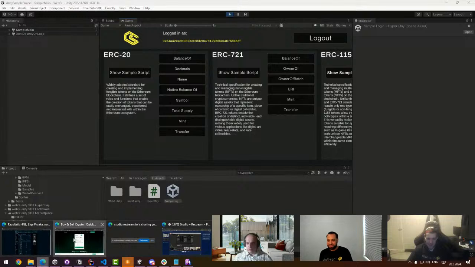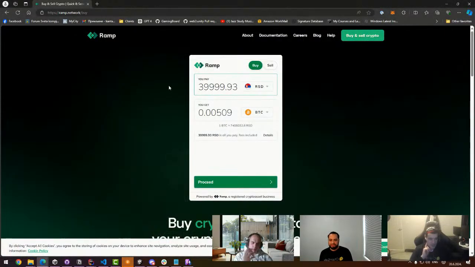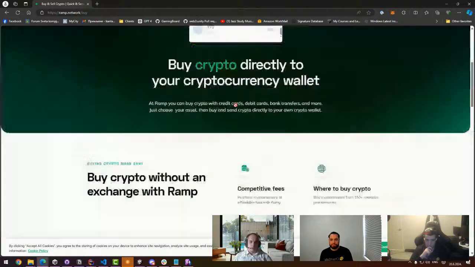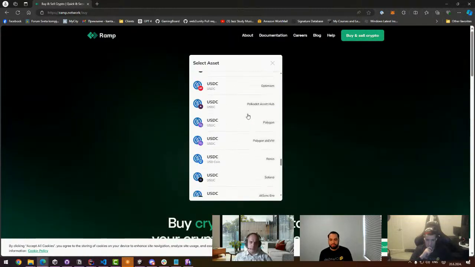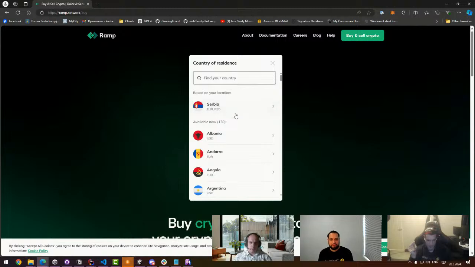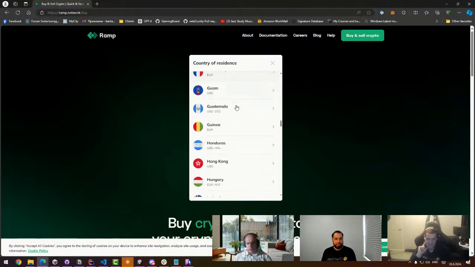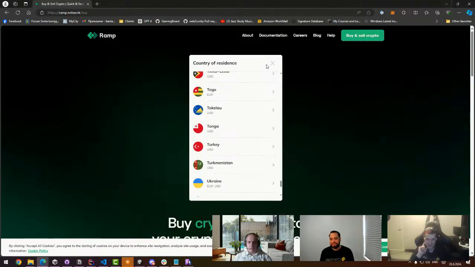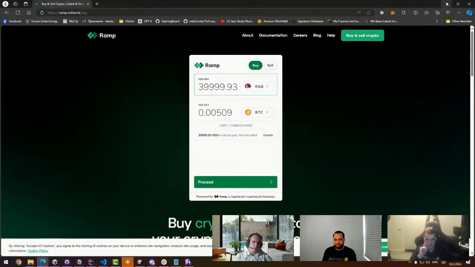And in regards to Ramp, basically what you will get as a user is this. You're going to get this Ramp pop-up. Instead of Ramp, it's going to say ChainSafe. And you're going to just say, do you want to buy, do you want to sell, how much do you want to buy or sell, in what currency. There's a lot of cryptocurrencies here, and of course there is even the Serbian dinar, and I think a lot of countries are also covered here, so that's also pretty exciting. But yeah, that's basically how the experience for Ramp and for Hyperplay is going to look.